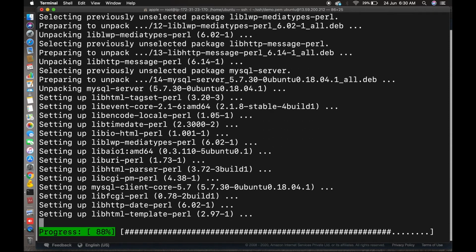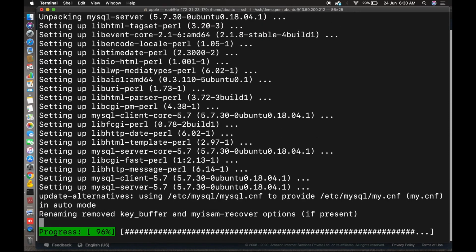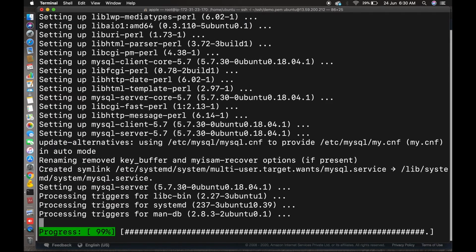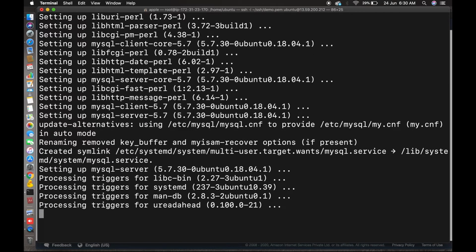After that we'll secure our MySQL. You already know this command from the phpMyAdmin and MySQL master-slave videos. Once the installation is done, we will run the MySQL secure installation.